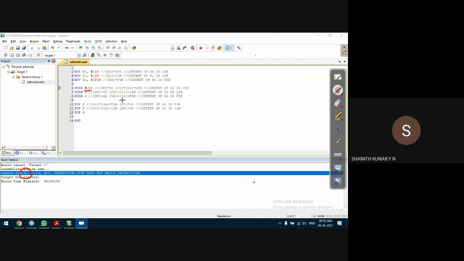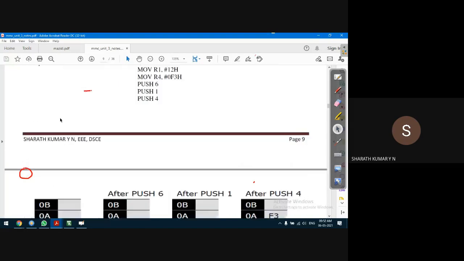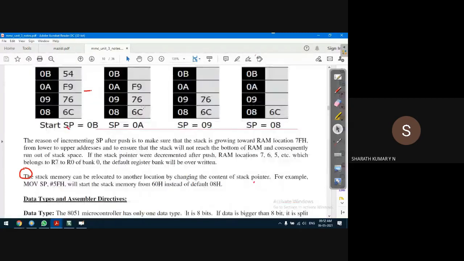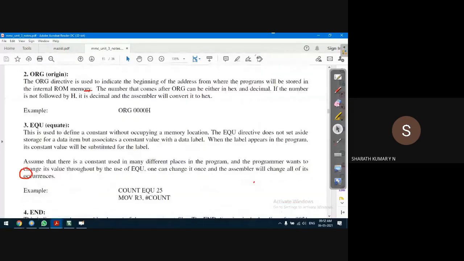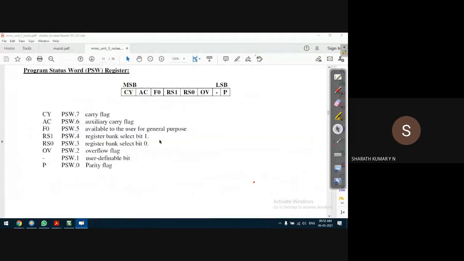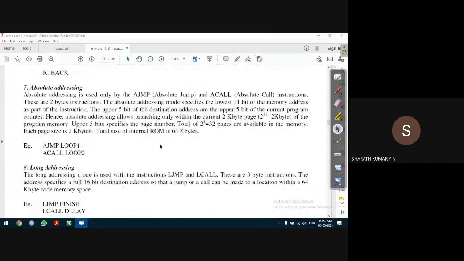Guys, is that okay? The push and pop instructions we had discussed in little detail as part of the stack memory operation diagrams. I think I didn't execute the program then. I didn't get the time then, but anyway, we have discussed it in detail now. I hope things are clear.